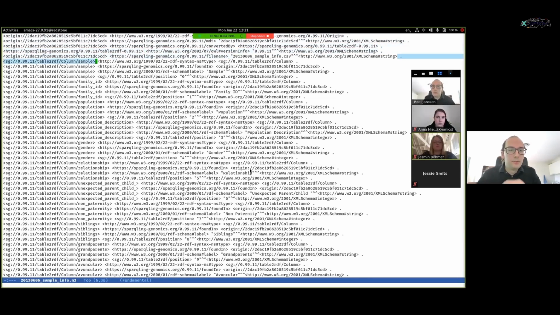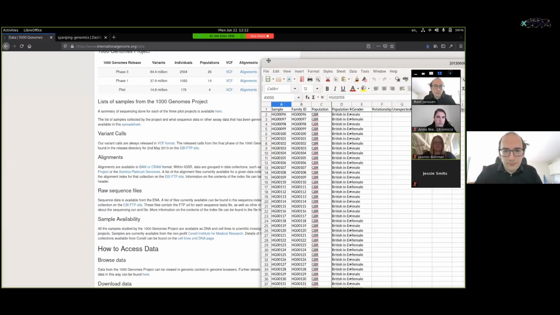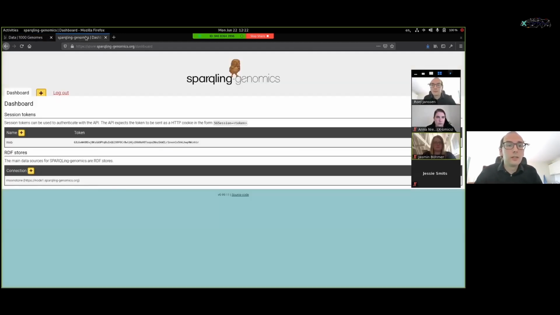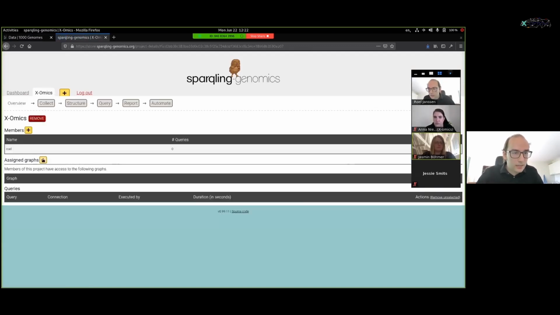And by reusing the same subject, as we see with this description for a sample column, we can add more properties to a single subject. So this representation is text-based and not great, at least not for everybody. So let me show you our web interface that also shows you the structure of the RDF file, but then, hopefully, a little bit better. So first we have to create a project and give ourselves a graph,